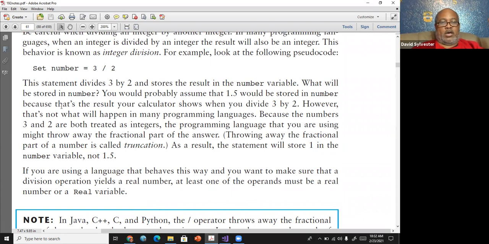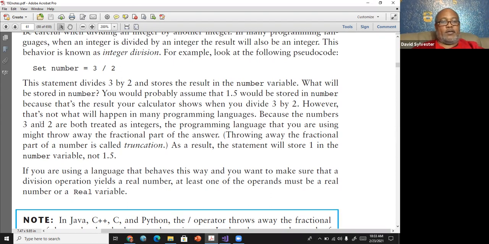What will be stored in number? Now, it should have been, okay, 1.5. But we saw when I tried to do it, it did the decimal. All right. You would probably assume that 1.5 would be stored in number. All right. Because its value is calculated, well, because that's the result your calculator shows when you divide 3 by 2.